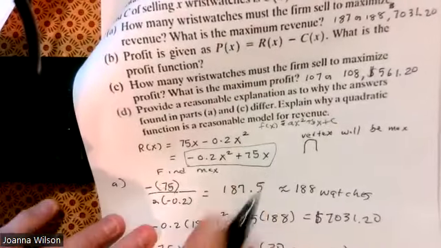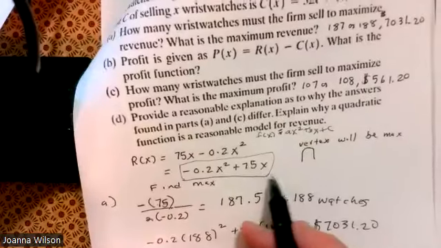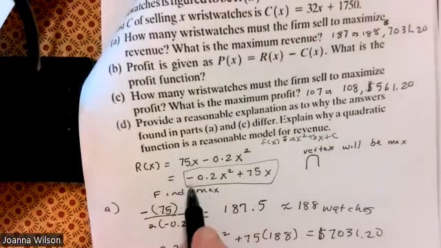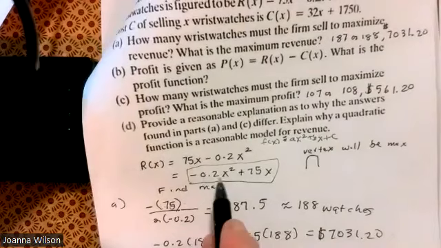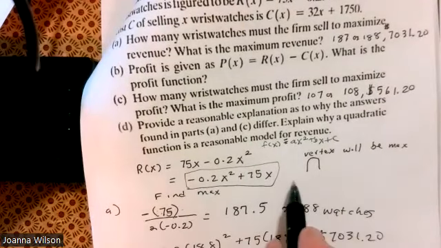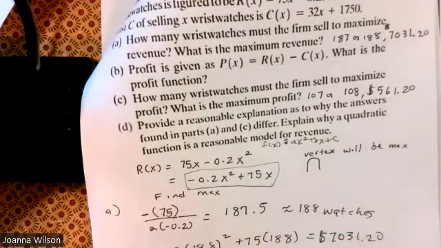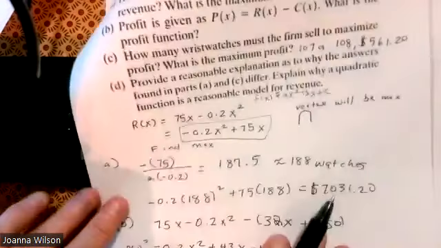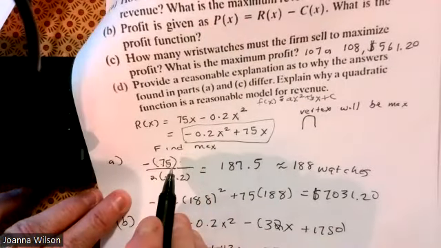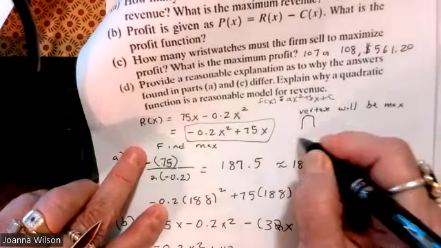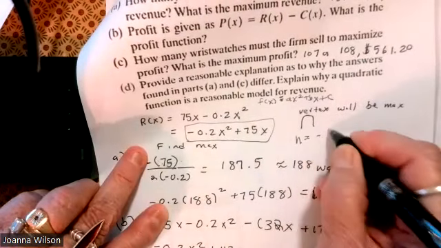It doesn't have a constant term, but you can tell whether it's going to open up or open down because the leading coefficient here is negative, so it's going to open down, so the vertex will have a maximum. So we need to find the x value, the h, which is the x value, equals